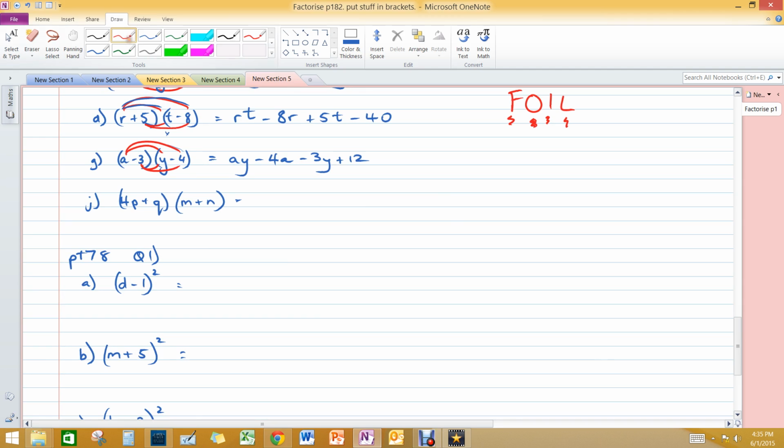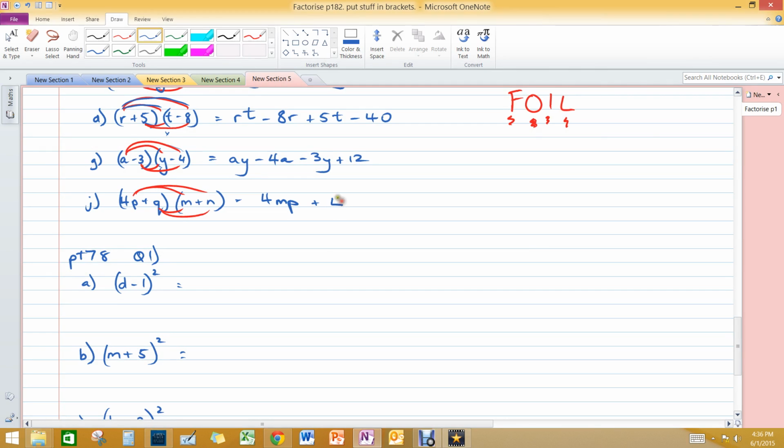Okay, nearly there. 4p firsts, outsides, insides, lasts. 4p times m is 4p or 4mp, because it doesn't really matter, it doesn't change the answer at all, but it's just convention that we write them in alphabetical order. Then we go 4p times n is plus,